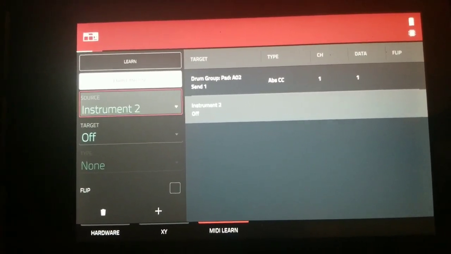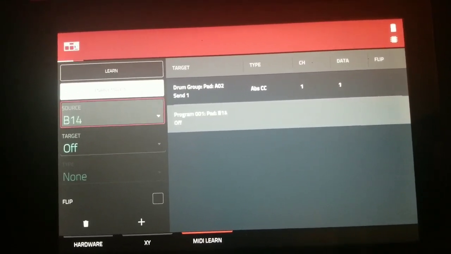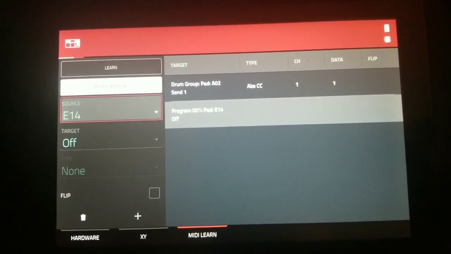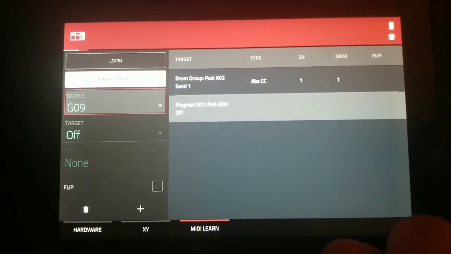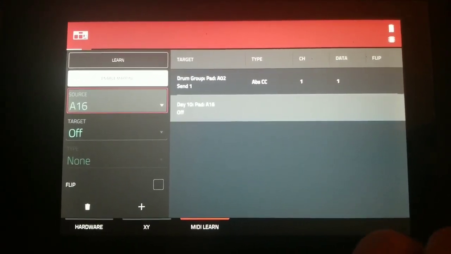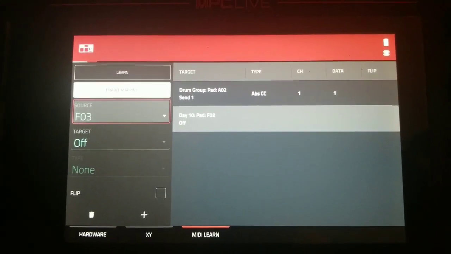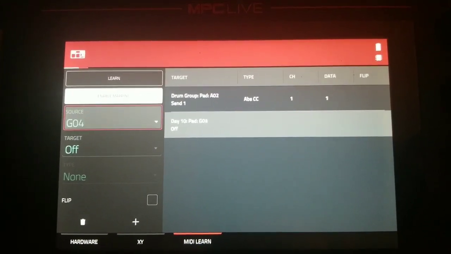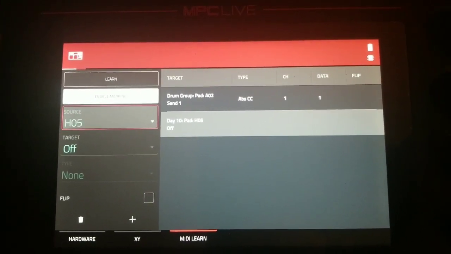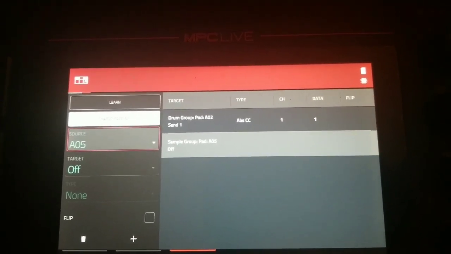So we want to go to our program. And you're going to have to scroll all the way through all these, because that's program 001, which is a default. I'm just going to scroll through until I find the proper program. And this is probably going to be a lot of scrolling since I have a lot of different programs in here. So I want to scroll all the way through until I find my drum program. I already have that snare send MIDI mapped. So I'm going to map the